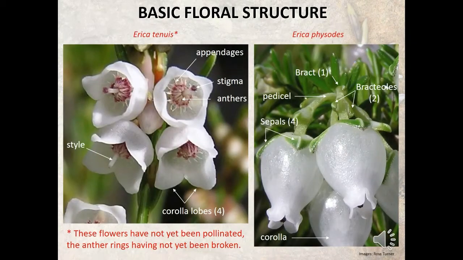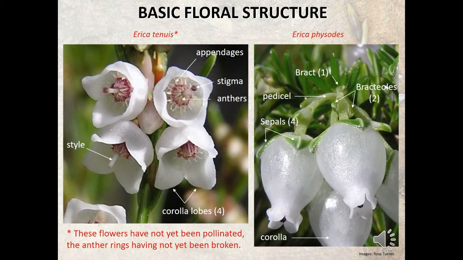Okay, so let's look at the basic floral structure of Ericas. So they have rather normal flowers. So they have the outer series, the calyx, and then the corolla. So if you look at the picture on the right hand side, you can see that they have bracts and bracteoles. The shape and the position of these are very important for identification. Sometimes they have a pedicel. Then you have the sepals,